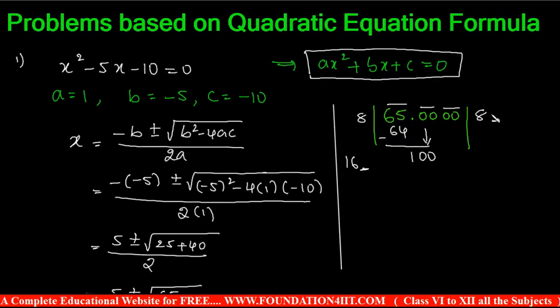So we can keep the point also, because after the point I took values. 161 into 1 is 161 only, which is less, so keep 2 more zeros. When you keep the other 2 zeros, you should keep a 0 here and at the same time a 0 here. Now 1600, and the next place should be filled with the same number. So 1601 into 1 or 1602 into 2. If we do that, 1606 into 6 is 9636. 1607 into 7 is more than this. You can stop there, no need of doing subtraction. We got 8.06.